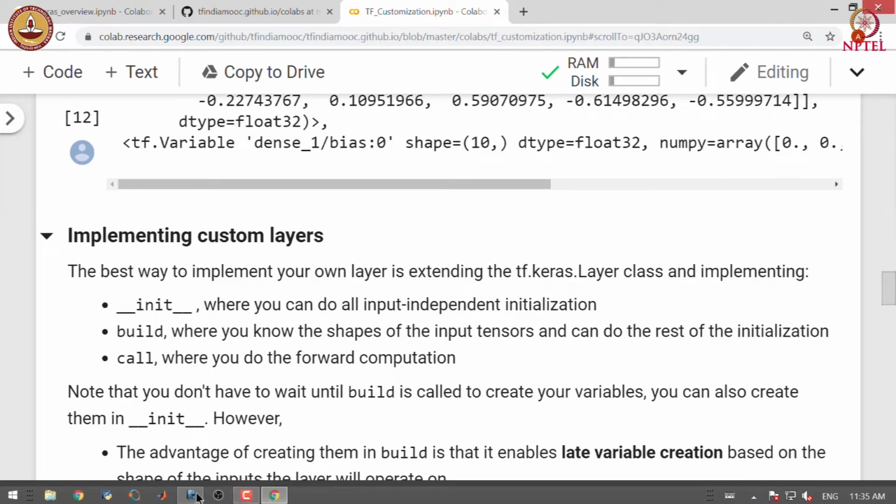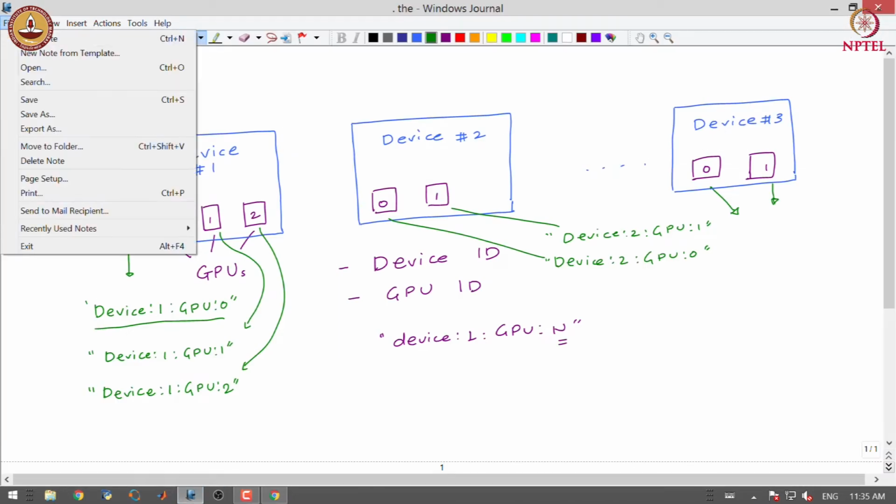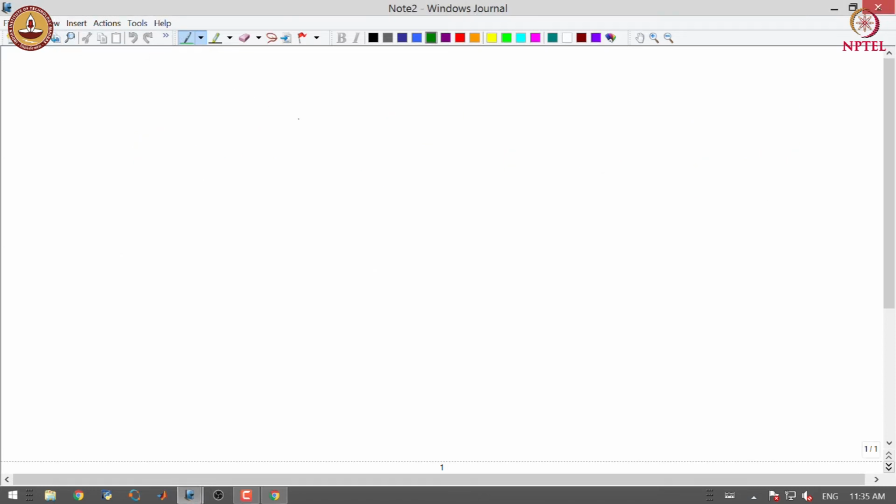So, in order to give you an example, a unit in a dense layer takes input. Essentially it does two operations, one is linear combination followed by nonlinear activation. This is an example of a forward computation which is done in the call method.